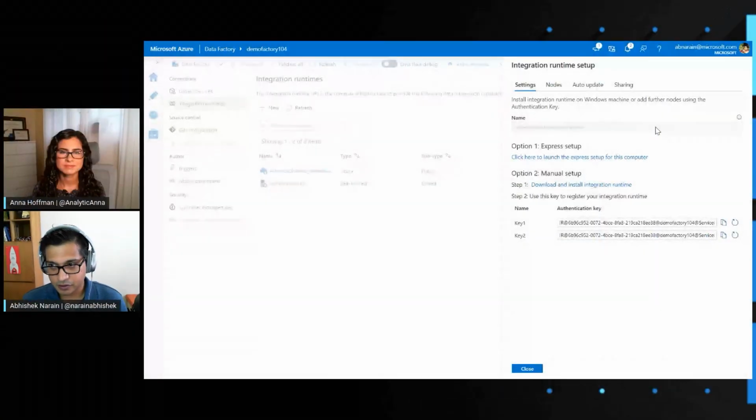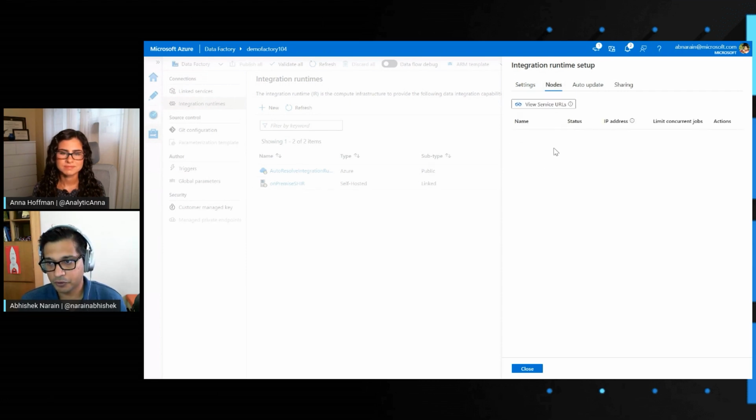So here's the integration runtime setup screen, and you have two options for setting up this integration runtime on-premises. One is you can click on this Express install link, which will be a pop-up, and then you just need to click and it'll download the whole integration runtime and set it up for you. You don't have to do anything on that part. The other way is a manual installation, where you download the bits and then register them with one of these authentication keys. This key binds it to the logical IR which you just created. And then you can start to run your jobs completely transparently. You don't have to worry about this.